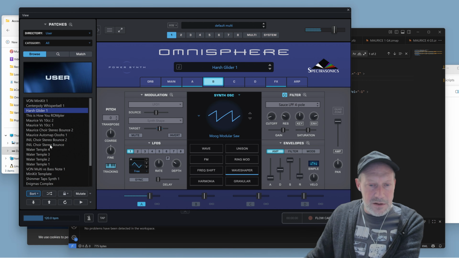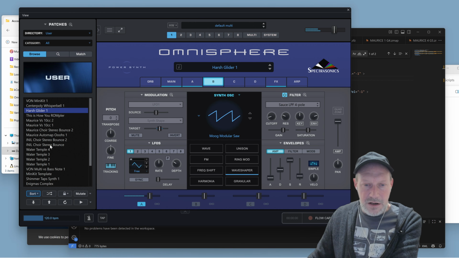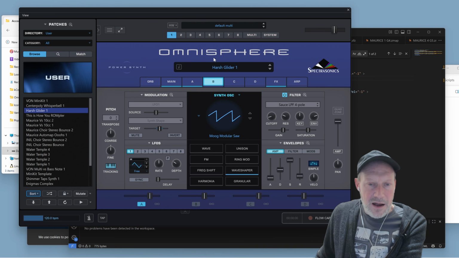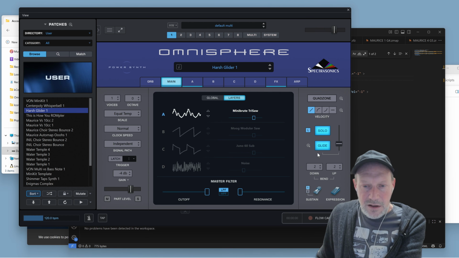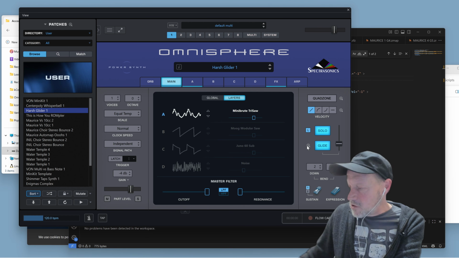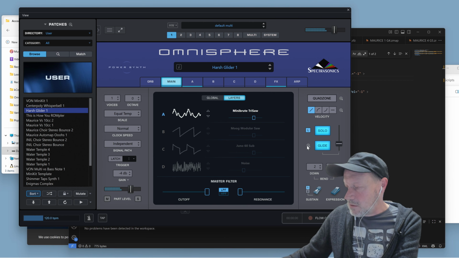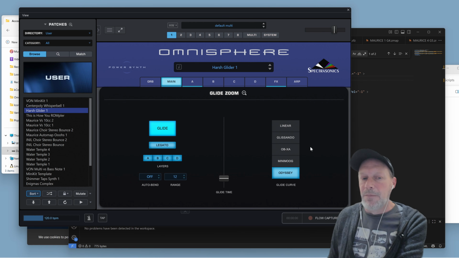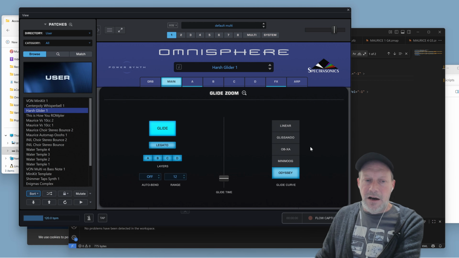Did we do this one? I am going to throw just some synth patches in there. The cool thing about this patch is it uses some of the new glide modes, and that's the thing I didn't talk about in my previous video about Omnisphere 3. So there are these new glide modes. You've got like a